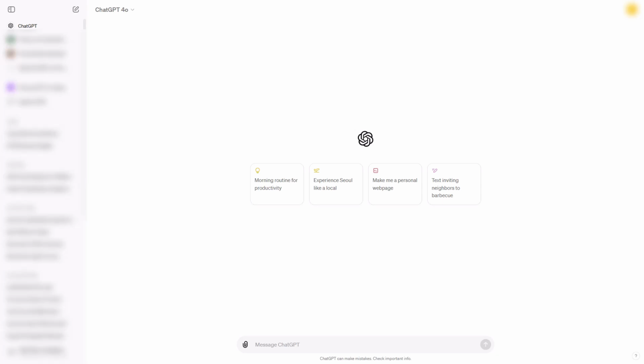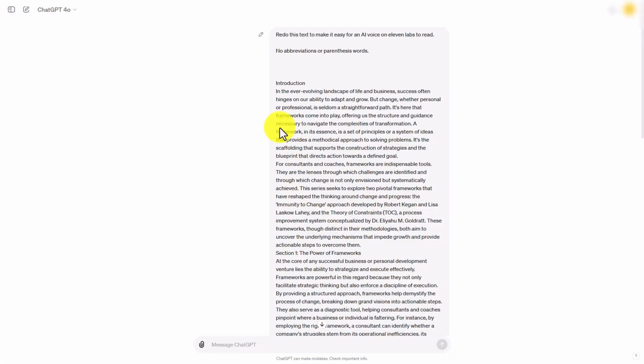some instructions. We're going to ask ChatGPT to make our text so that it is very easy for an artificial intelligence voice to read. And this is not a full-blown tutorial on how to prompt ChatGPT. So we're giving ChatGPT some very simple instructions in order to clean up our script. We're asking for it to be rewritten to be easy for an AI narrator to read, as well as no hard to pronounce abbreviations or parentheses. And then ChatGPT will give us back its version of the script according to what we have asked it to